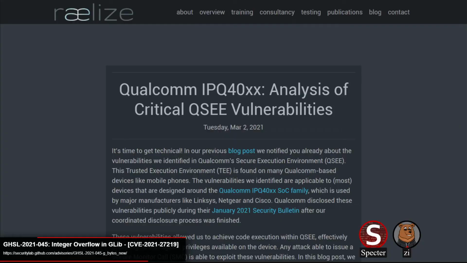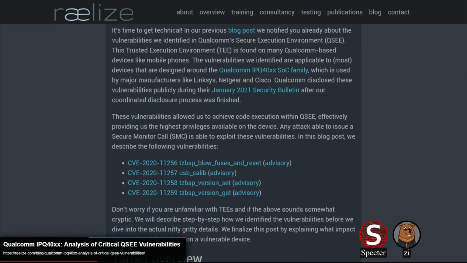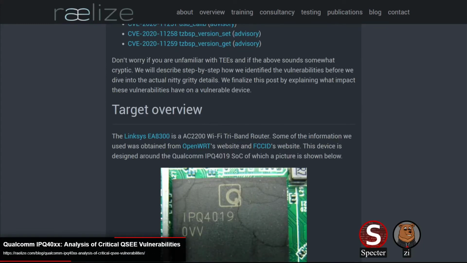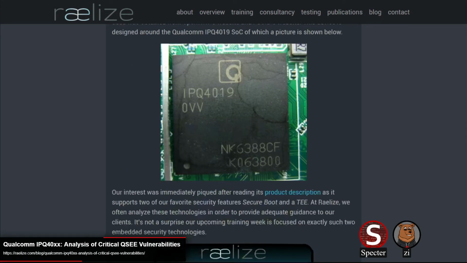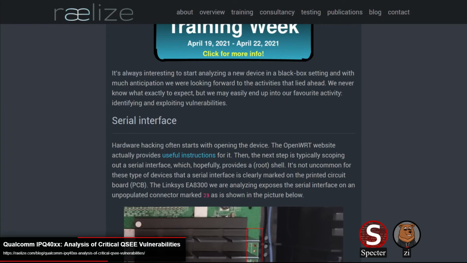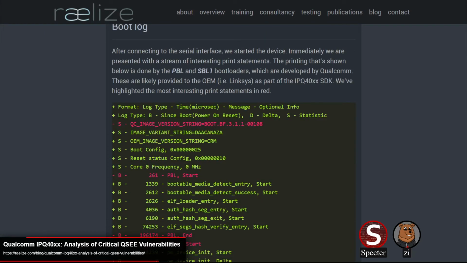So we'll get into a blog post from Realize, which details 4 vulnerabilities found in Qualcomm's secure execution environment, which could lead to compromise of the trusted execution environment of Qualcomm-based devices, which is a lot of Android phones. A lot of North American Android phones use Qualcomm chips. They're reached through the secure monitor calls, or SMCs, that are issued to TrustZone, which you do have to have kernel privileges, as far as I understand it, to be able to send.